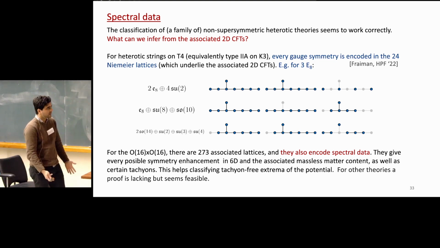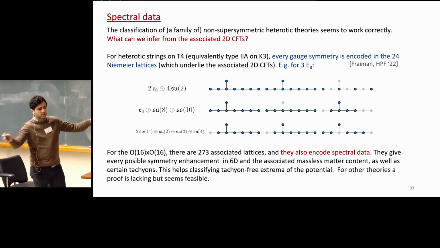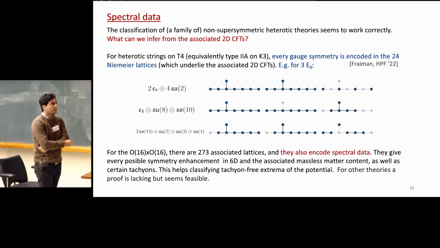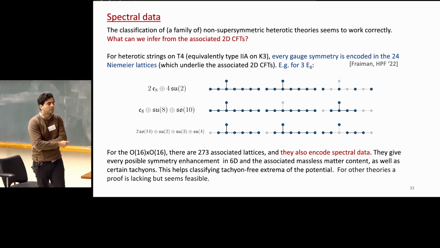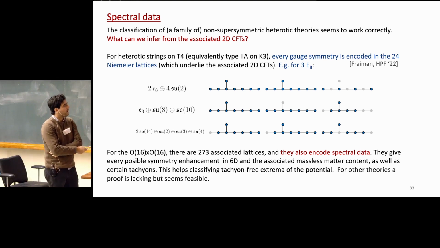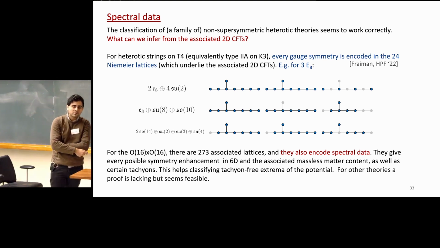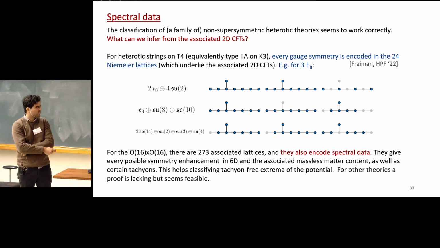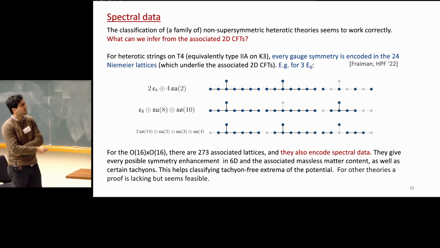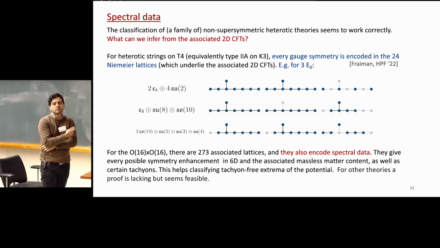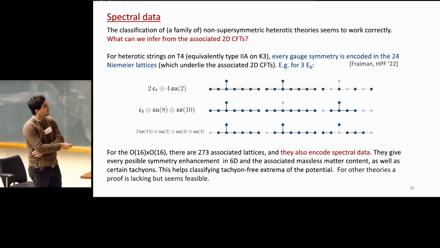An application of that is if you want to explore the space of all of these compactifications and check for extremal points of the potential, then you can really make that job simpler, though it's something to be explored. For the other non-supersymmetric theories, it's much more difficult to prove it analytically, but it seems feasible to do with the aid of computational methods. But it seems that all those supersymmetric aspects that we have are also here in this family of theories.